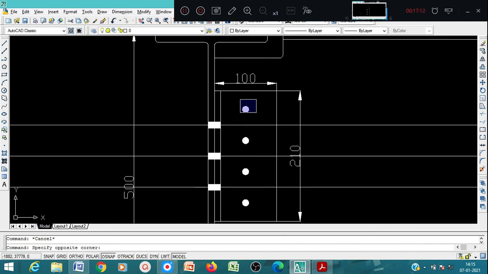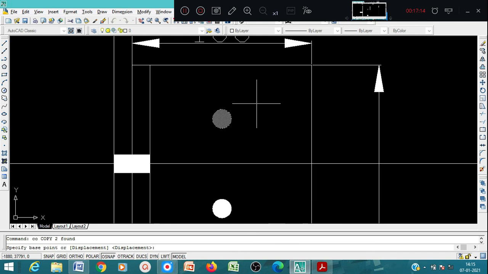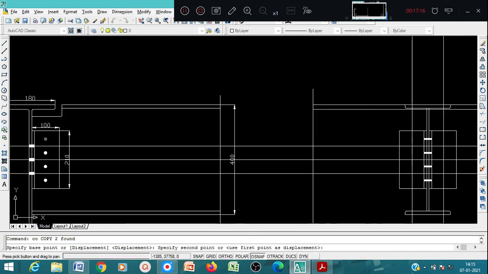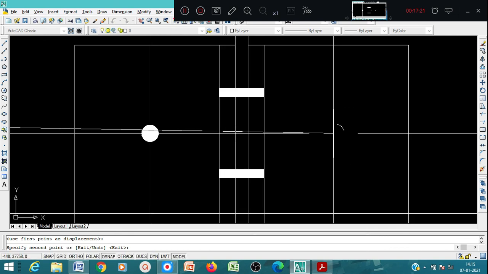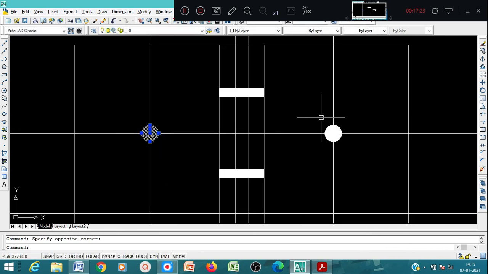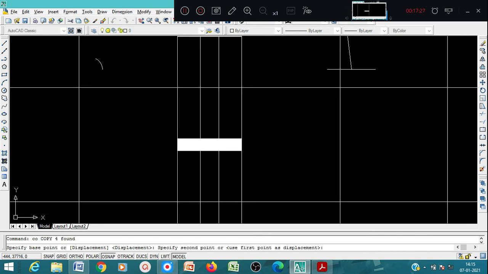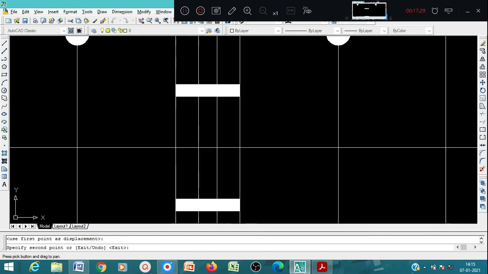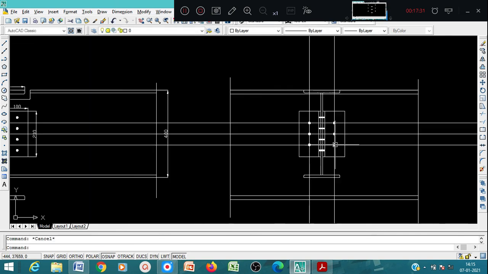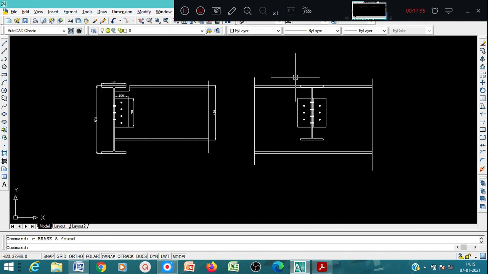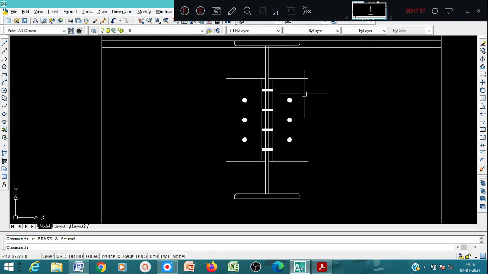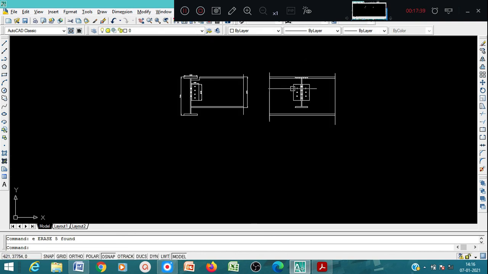Now you copy this, this side, copy and copy. Okay, so these are the bolts connecting the main beam and secondary beam.